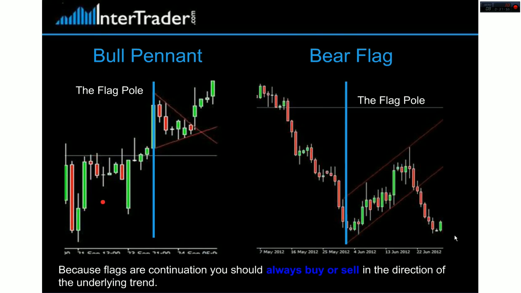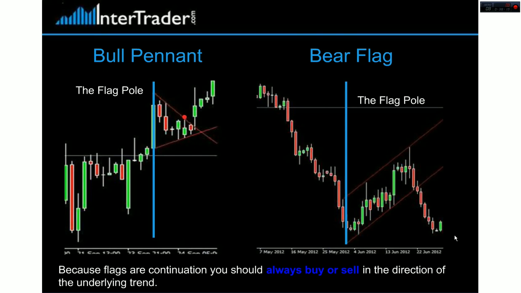In this particular instance, in a bull pennant, we know the market's gone up. We're making higher highs, and we're not breaking the lower lows. So we know the market's going to come up. We see that the market gains momentum, closes above this level of support we've got in,